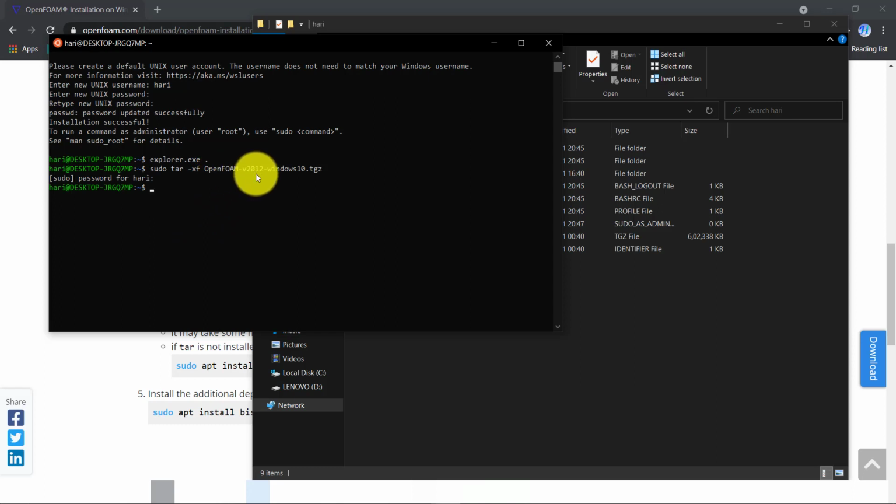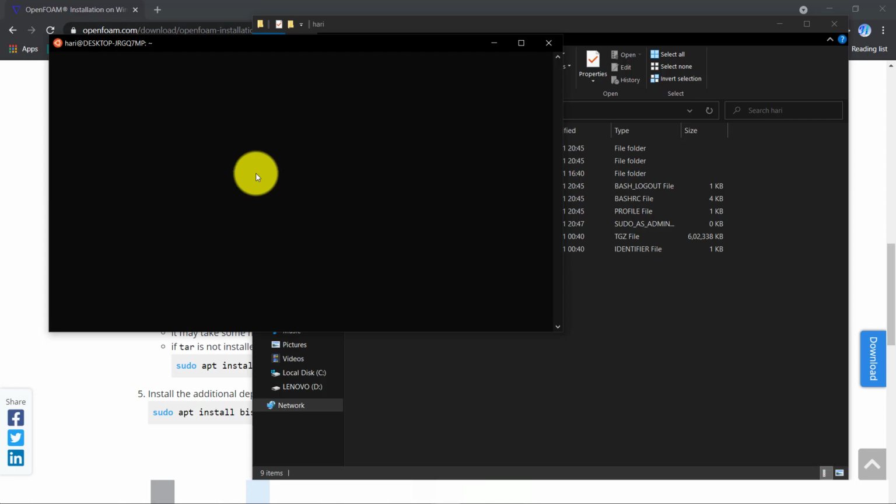Now we will go for bashrc. This is the most important part of this installation, so you have to be very careful with this command. First we will do nano .bashrc.